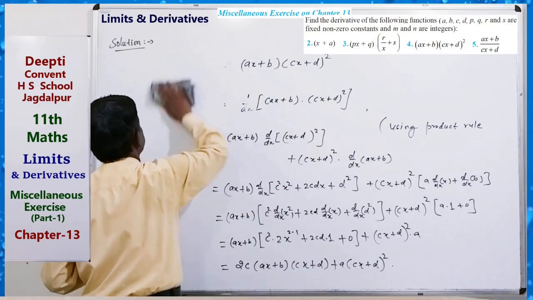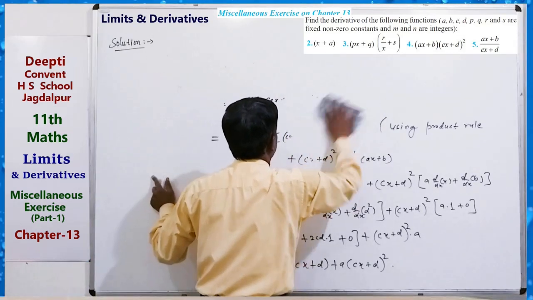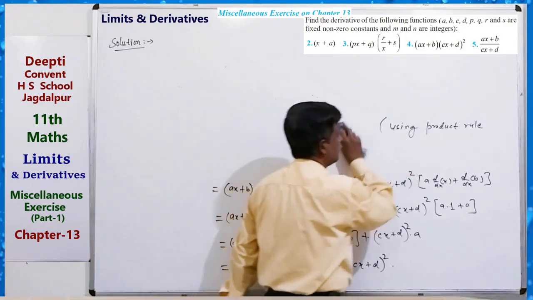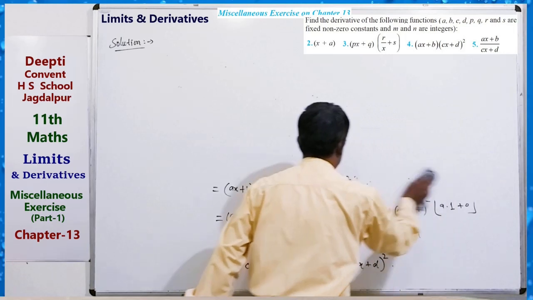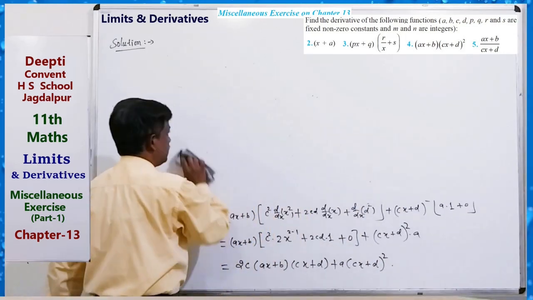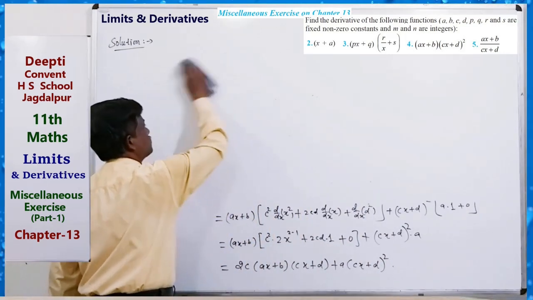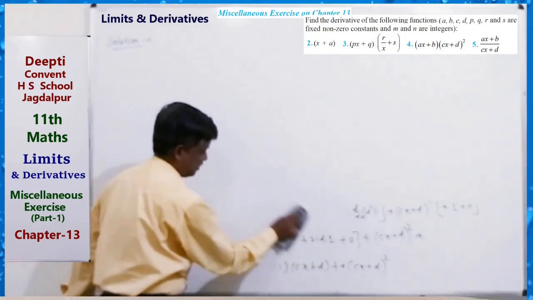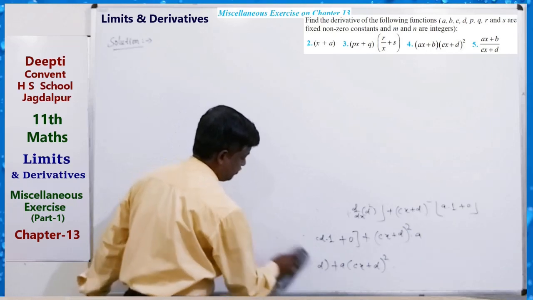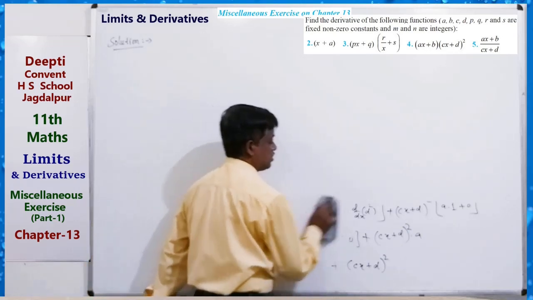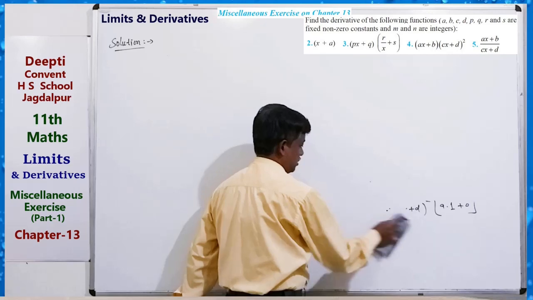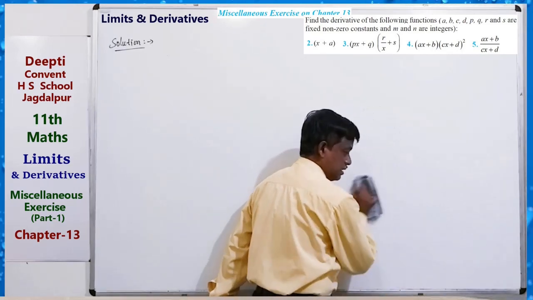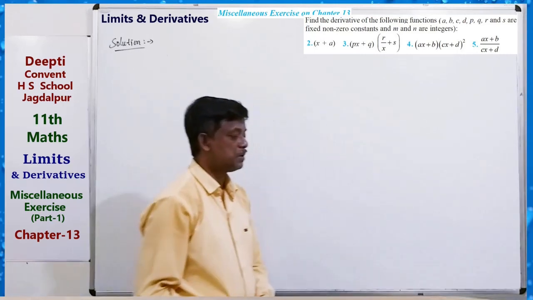Okay, so by using this type of rule, product rule and division rule, you can use it step by step and find derivatives. Whenever new types of functions come to you, just find the derivative of that by using the first principle method. Okay, and then use that derivative in finding the answer of the question.